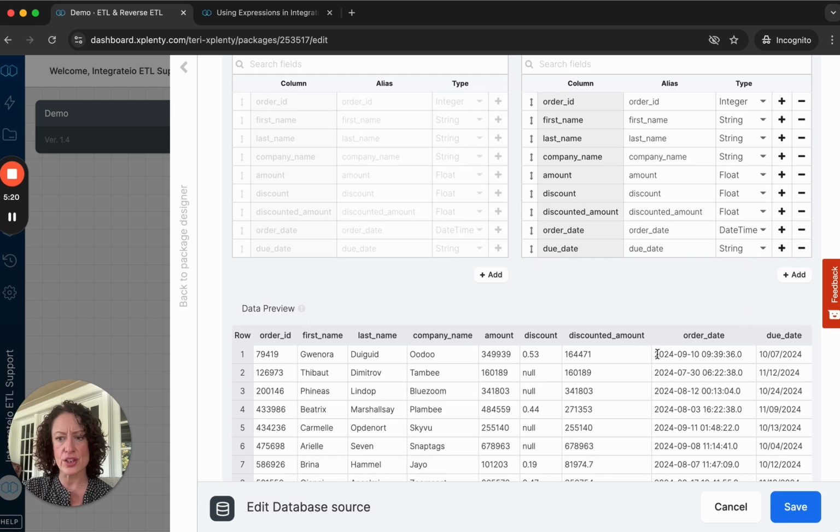And if you come down and look at it, you can see this is the date time. It has a date. It has time data in it. And then there's the due date. And the due date is not in that same format, but it's identifiably definitely a date, but it's being read in as a string. So I can leave these